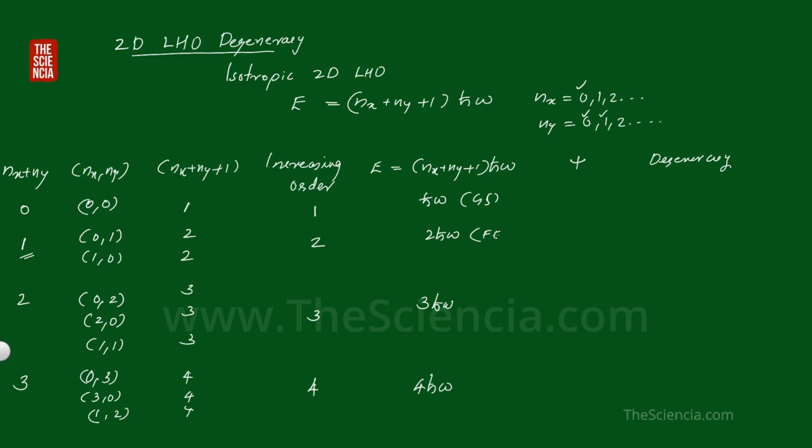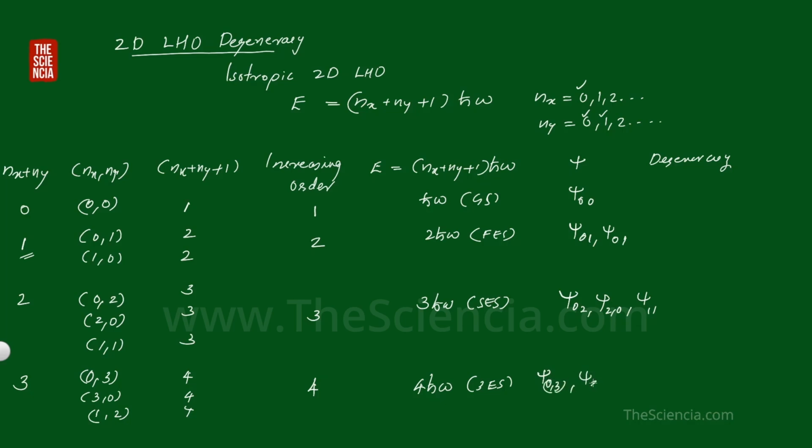Then this is the first excited state, this one is the second excited state, and this is the third excited state. And what is the corresponding wave function? That is psi nx ny. This is nx equal to 0, ny is also 0. And the other one is nx is 0, ny 1, and there is one more wave function, that is 1, 0. And here there are three wave functions, that is psi of 0, 2, psi of 2, 0, and psi of 1, 1. Here we can have four wave functions, that is 0, 3,